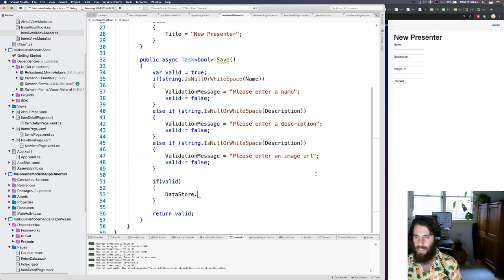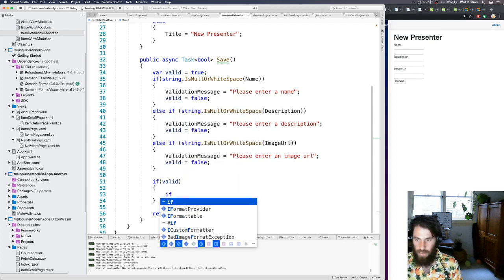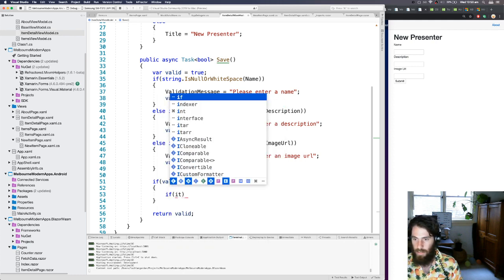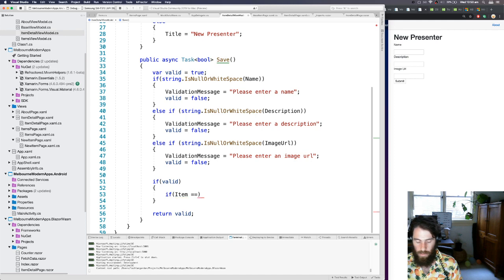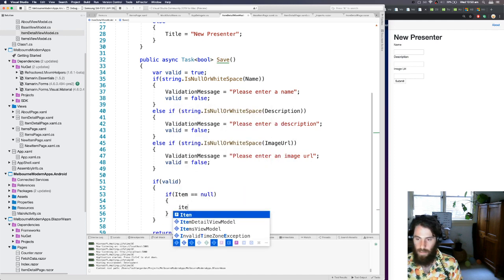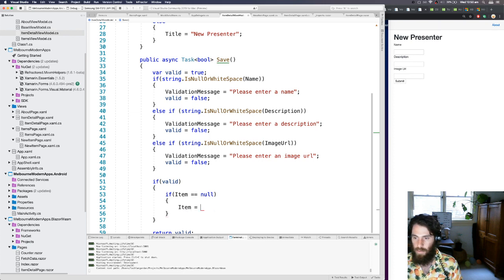So we need to make that decision here. So we're saying if everything they've entered is valid, and if item equals null, item equals a new item,